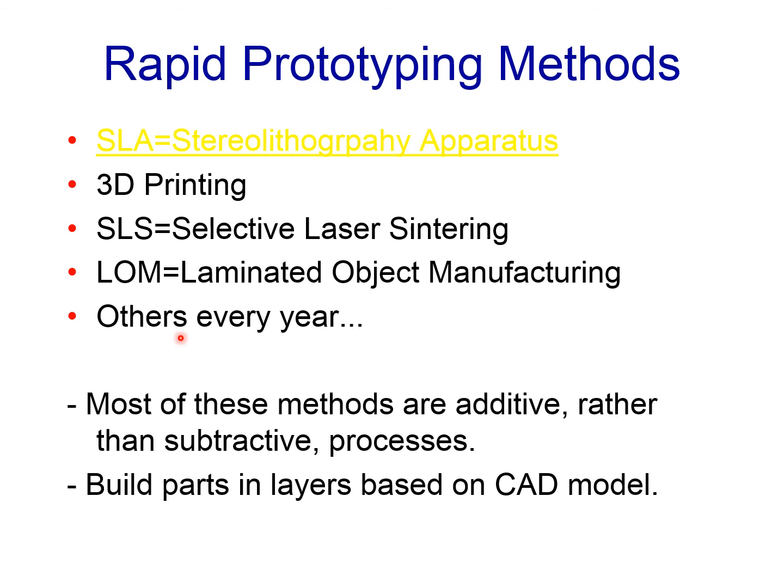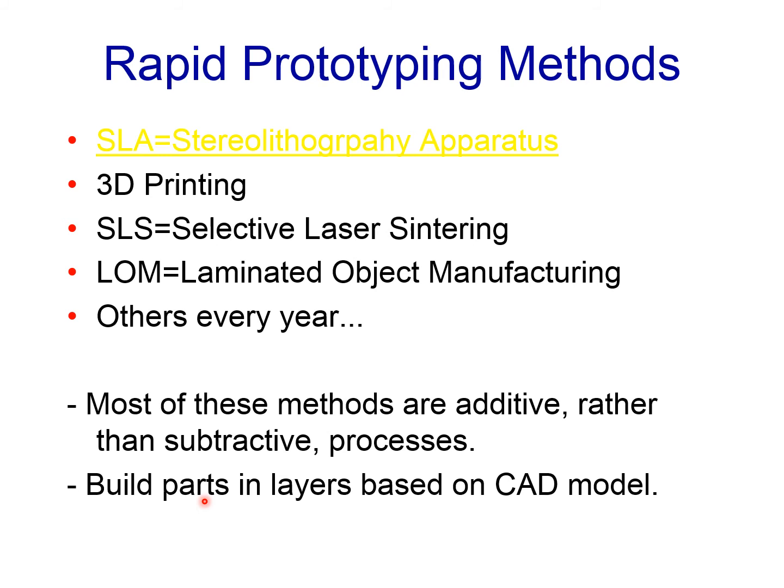The key features of most rapid prototyping processes are, first, that these are additive processes, unlike machining, which is a subtractive process where you take away material instead of depositing material. Here we start with nothing and we add materials progressively. These are usually built in layers. Also, the 3D CAD model is sliced into thin slices and material is built or printed or deposited accordingly,